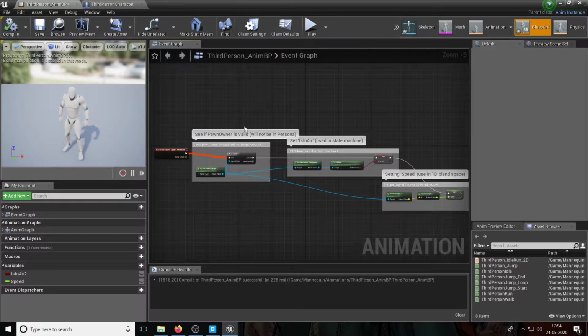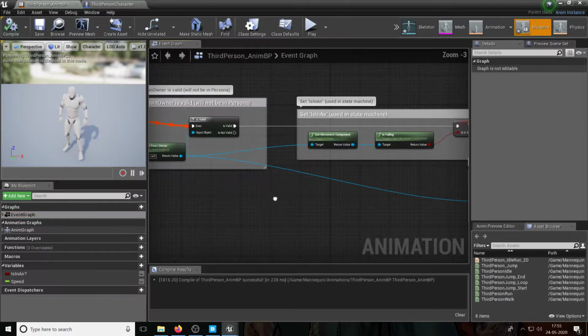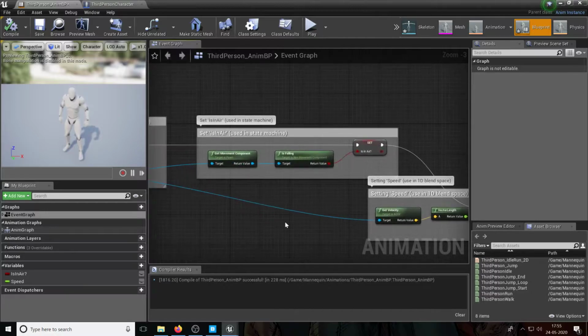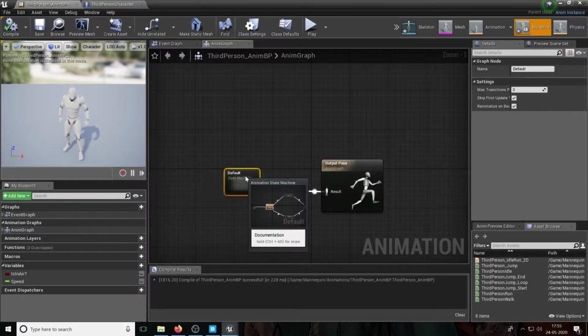And like I've told you before, the animation blueprint is a particular type of blueprint. Right? The only difference between an animation blueprint and, say, a widget blueprint or an actor blueprint is that an animation blueprint has two parts. It's got an event graph and it's got an anim graph. So the event graph is just like any other blueprint where you have some code that's being executed. The anim graph, on the other hand, is usually a state machine.